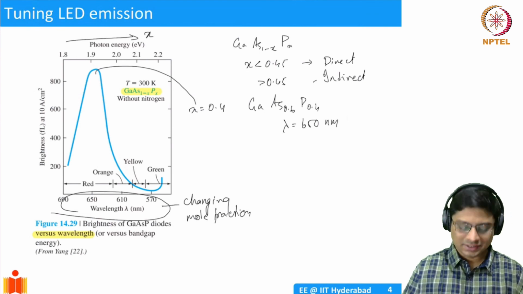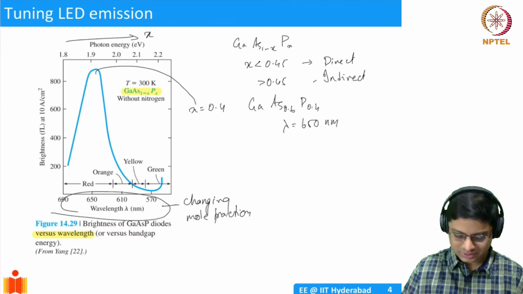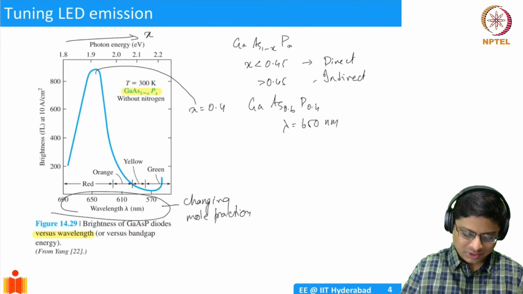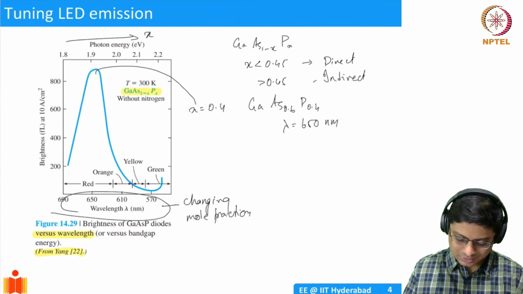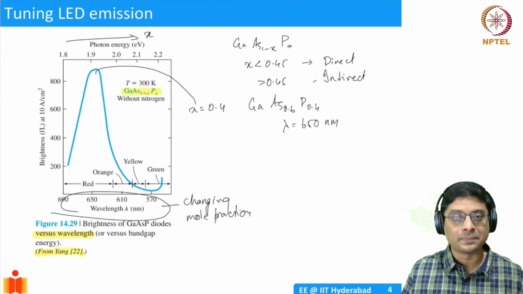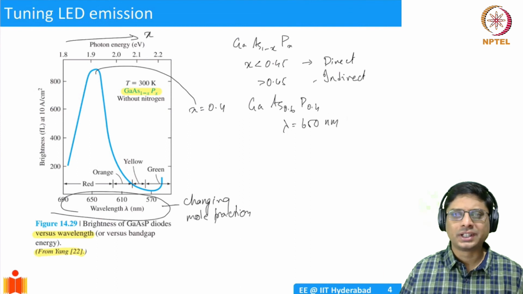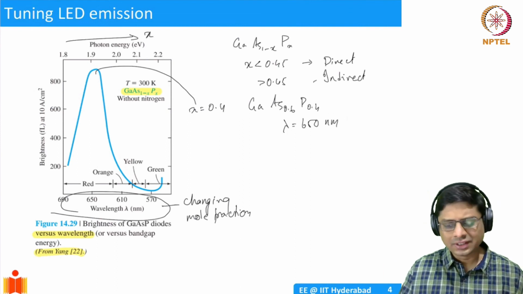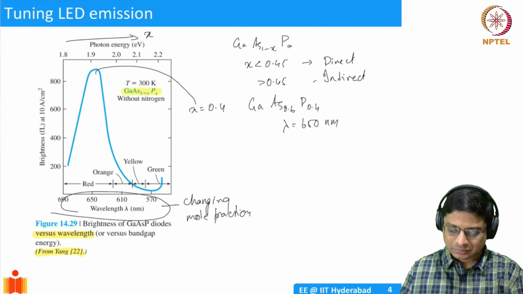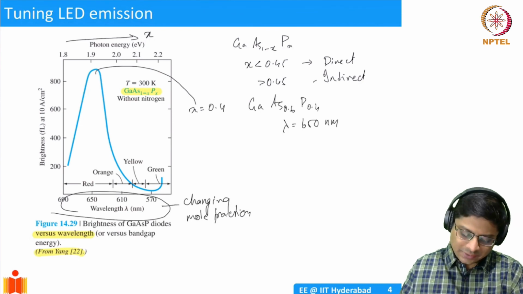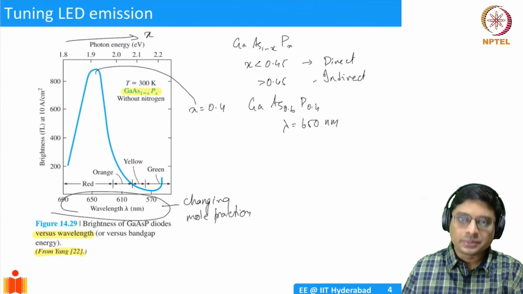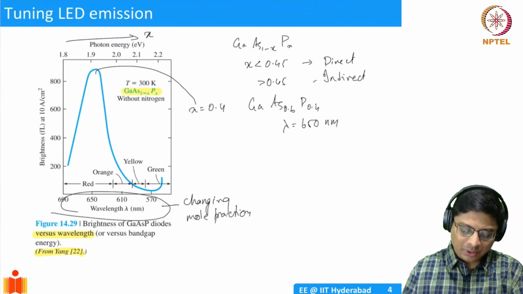In fact, this is experimentally shown. This is taken from the textbook, which refers to this particular book that has a lot of information. But that's really a lot of information for you guys. I just wanted to point this out for you. And if you continue further increasing X, it becomes an indirect band gap semiconductor, and because of that, the efficiency of light emission reduces.